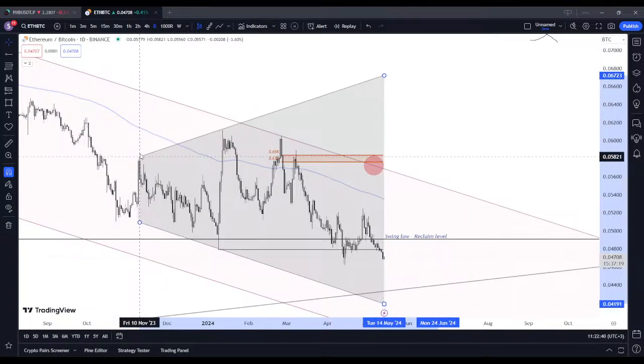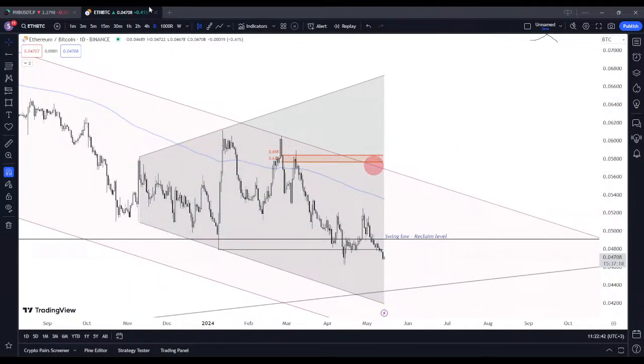So that's why I think we'll get nice dumps on altcoins and we can make some money, because we want to buy low and sell high. At least us, at least me, Paul, and some other members. But I know a lot of people that are fans of buy high and sell low.